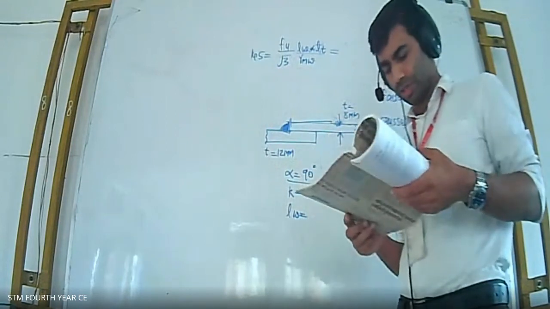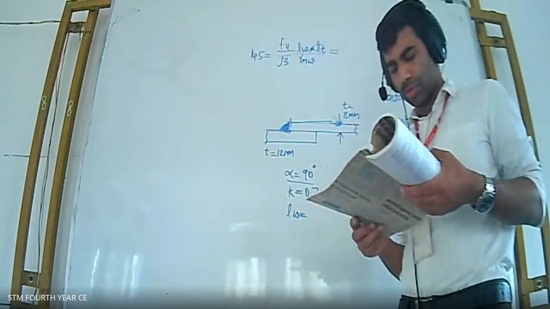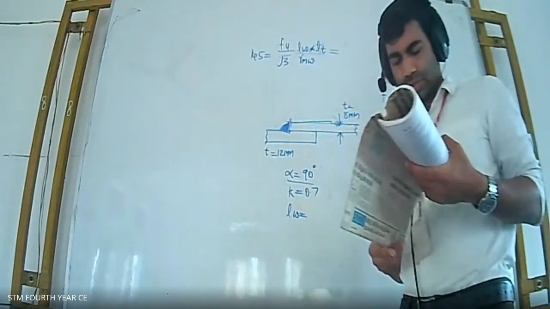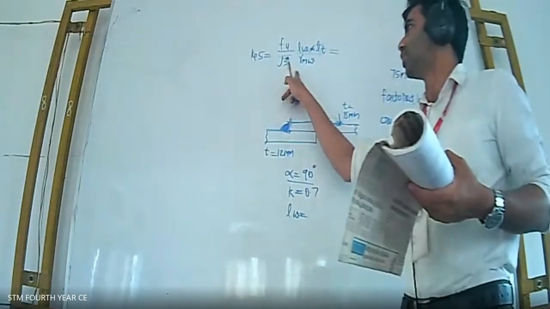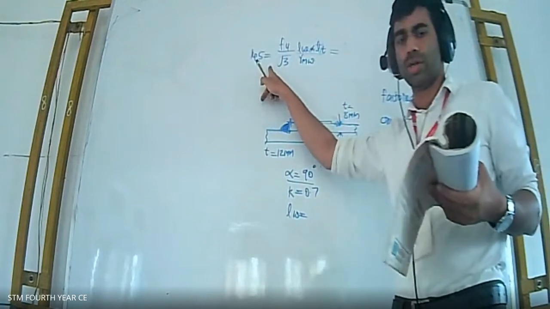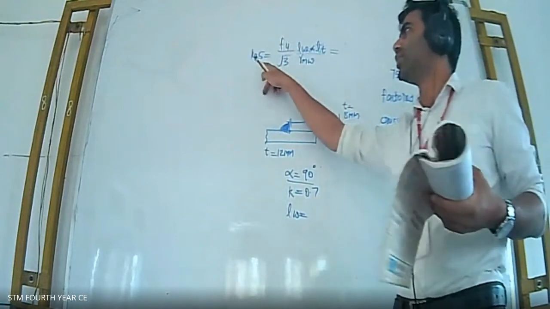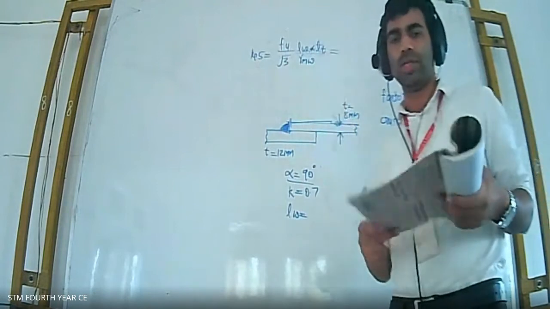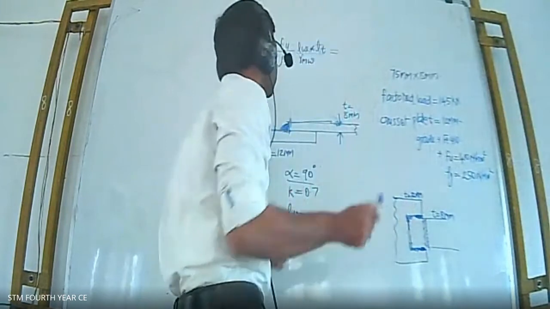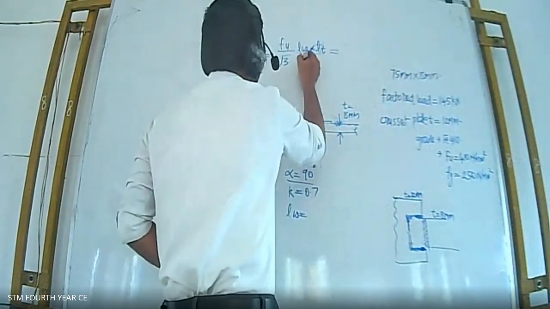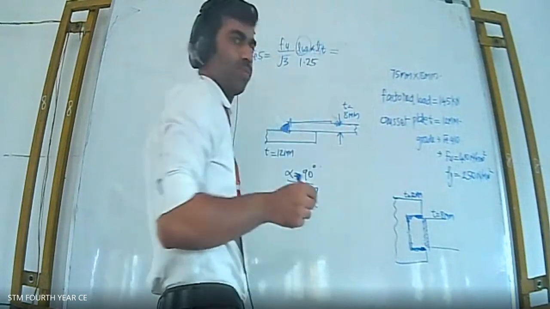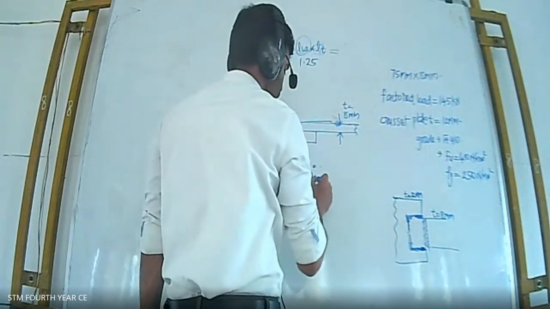Under fillet weld, they have given Fwn divided by gamma mw, and Fwn is given as Fu by root 3. So that is the stress. Stress into area will give you the force. So the equation for stress is given, and that into area will give you the force. So you have to substitute all these values. Gamma mw you can make 1.25, and Lw is what you have to find out. So throat thickness, how much you will get?